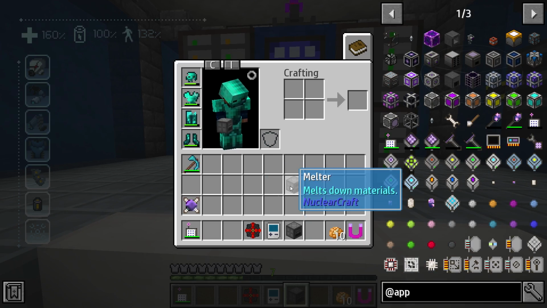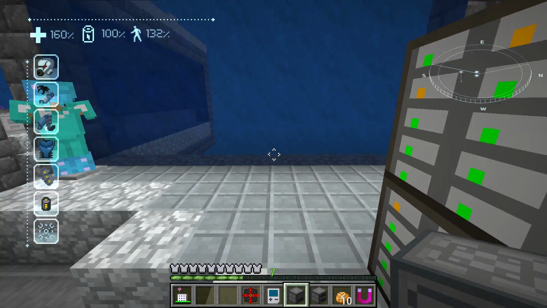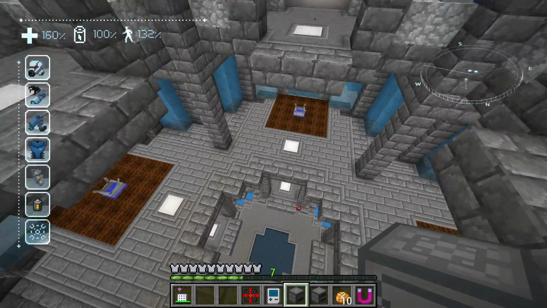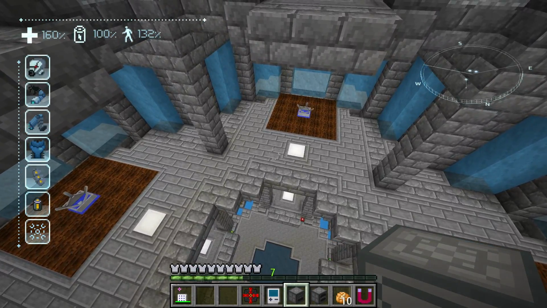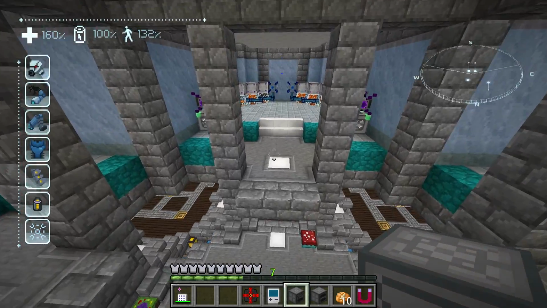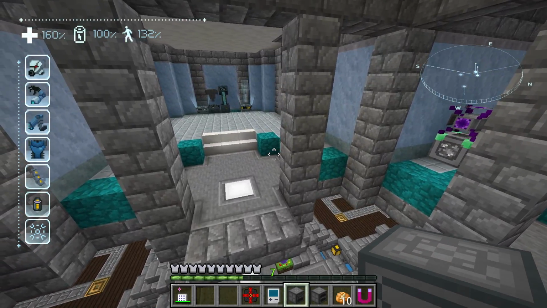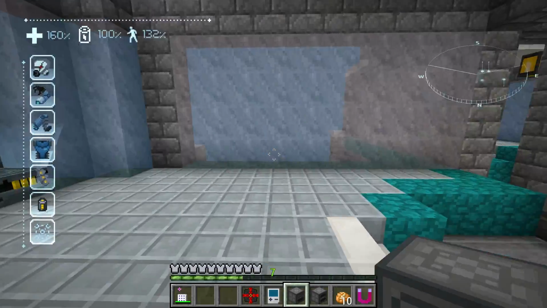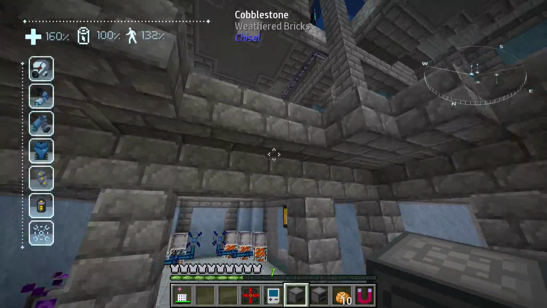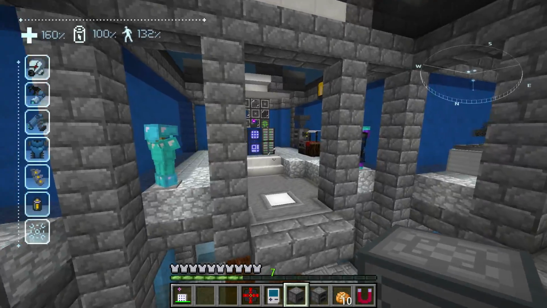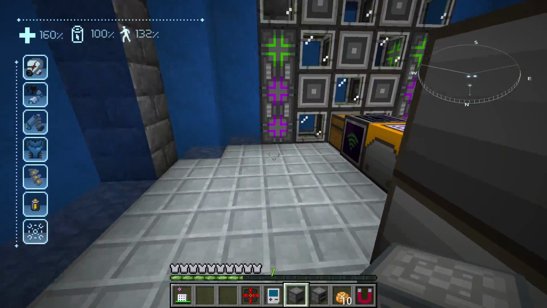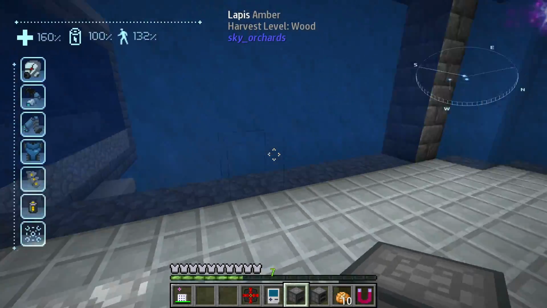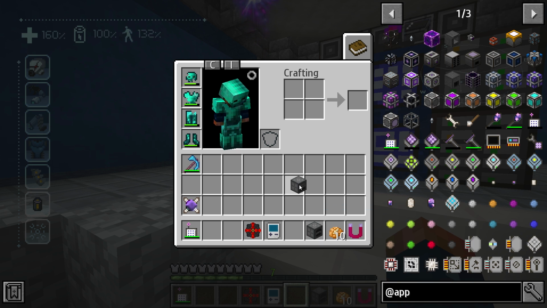To do that, we're going to need an ingot former and a melter. At least I'm going to try and use these and see how fast they are. I don't want to just make massive amounts of these machines and call it automation and call it done. I just don't find that fun. So what I want to do is try and utilize these two machines, and use my Applied Energistics system that I already have to set the automation for this. It shouldn't actually be too difficult to do that, because all we need is to take this